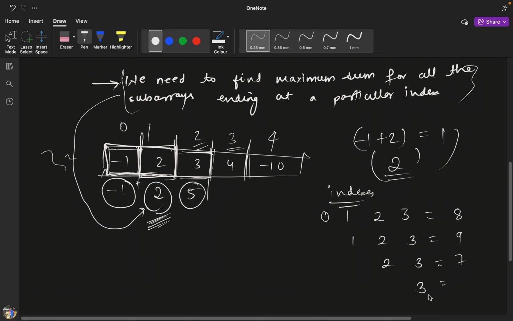So now if we include only index 3, it should be 4. What is the maximum of these? 9. Okay, so what is another way to report this 9 directly? What I can do is I go to index 2. I ask index 2,